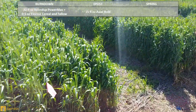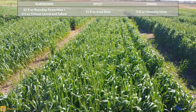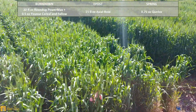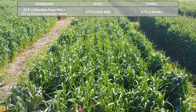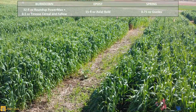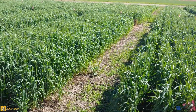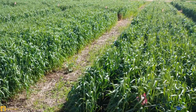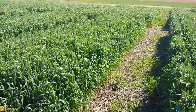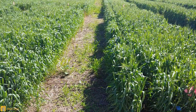And so the final two treatments here, again, Finesse pre, Axial early post, and this is Harmony Extra, and then Finesse, Axial, QLEX. So you can kind of see how we're building these programs. These two here are going to be pretty robust, a lot of product on the ground. We're not going to have a lot of broadleaf winter annuals out there at all. You might have a few ryegrass escapes, but not a lot. Again, that Axial Bold works really well against that ryegrass. But when it comes to long-term resistance management, we would really like to have a pre out there